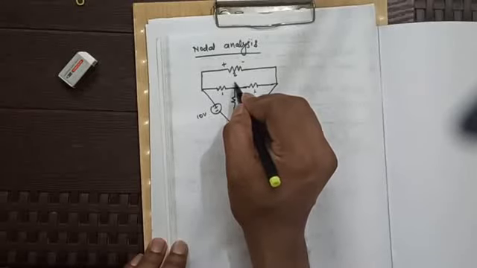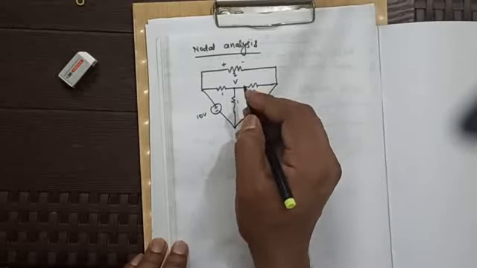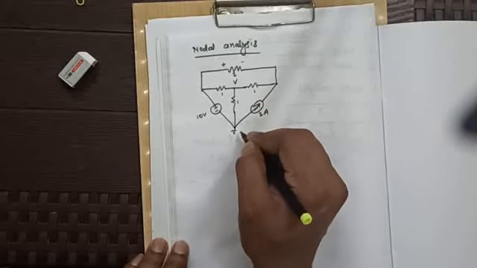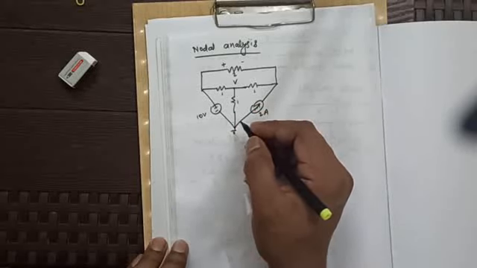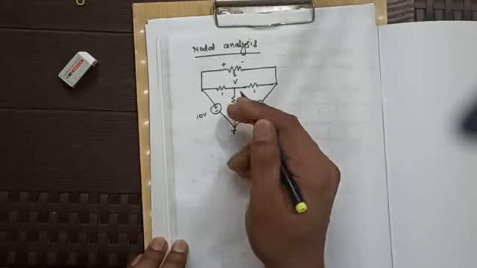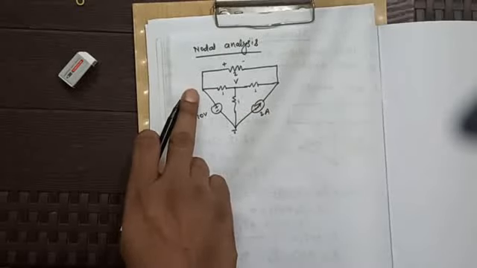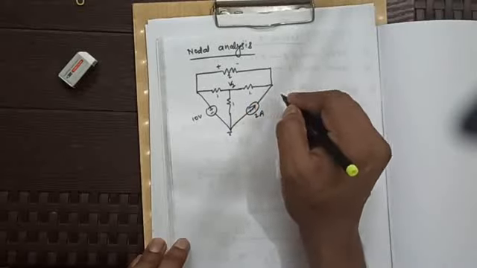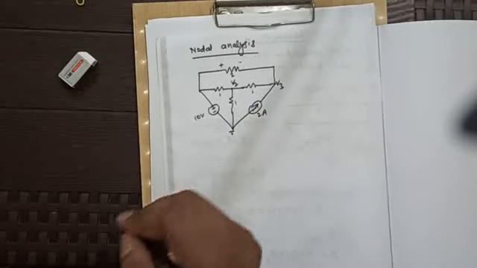After doing so, let us say this we selected as our reference node. This will become always obvious. This is 10 volts. So first we say this is V2, this is V3,